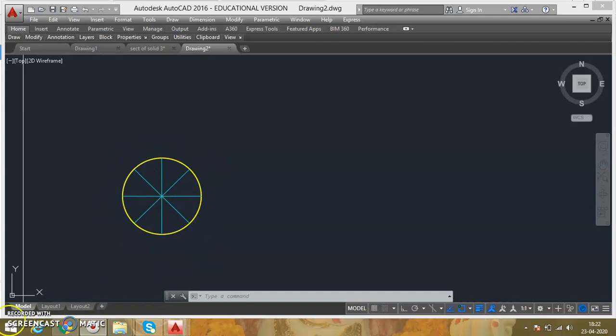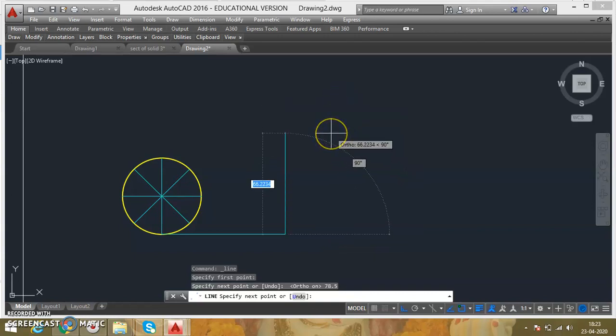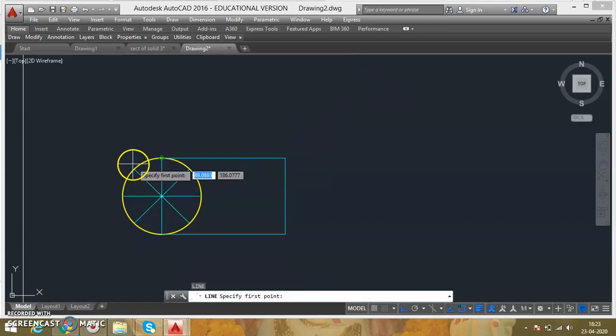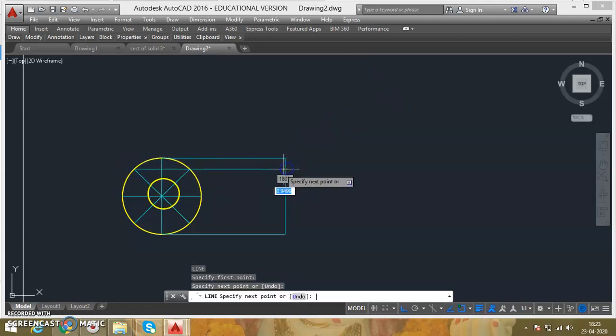45-degree angle each. Now they say that circle is moving for half revolution horizontally and half revolution vertically. So in that case, the distance traveled for half revolution will be pi r, and distance traveled for vertical revolution is pi r. So pi r distance I will be considering here, which is coming out to be 78.5. So line command, from here I will go for 78.5. Height is of course 50 mm. We'll again come back to this and we'll project all these divisions till this line.